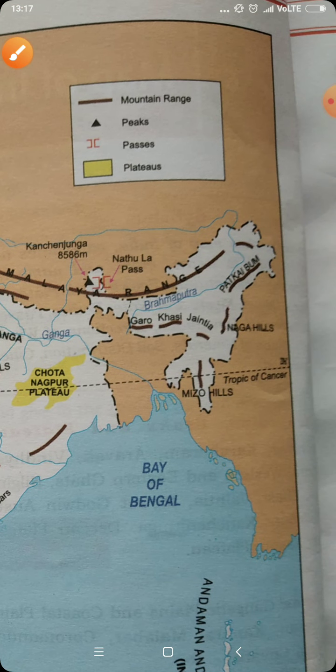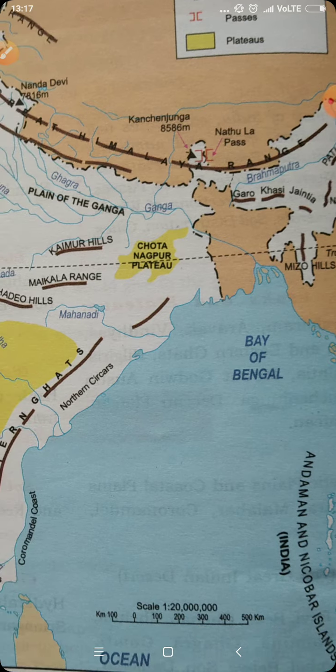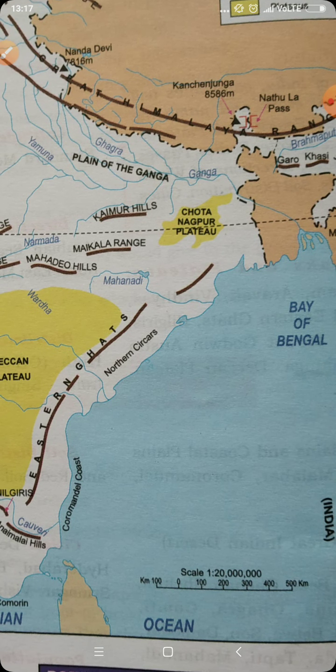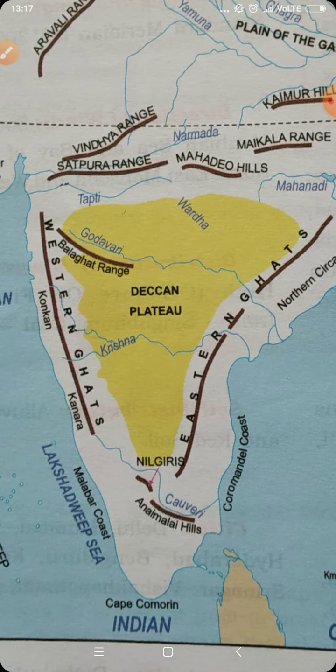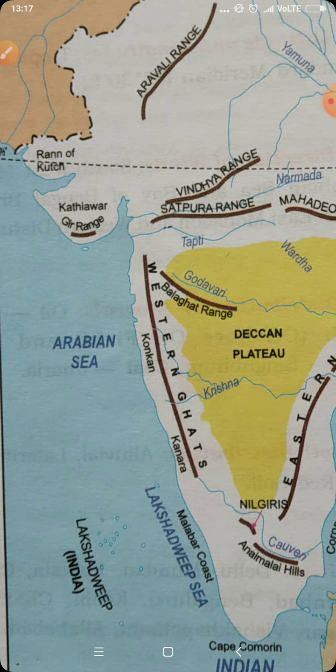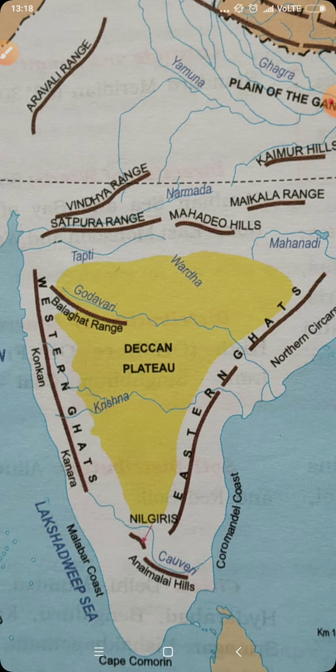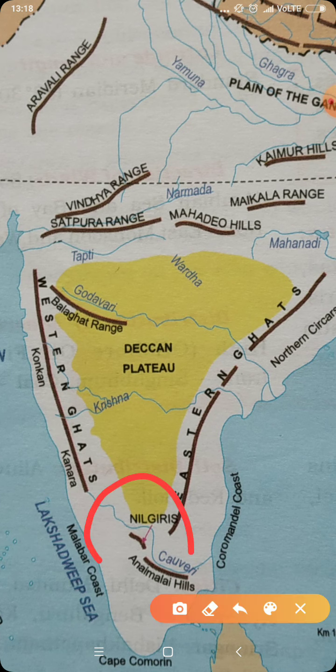And see how the Himalayas go up to there. All this we have to see carefully. Then see the Chota Nagpur Plateau, how we have to do it. Then we come to the Vindhya range and Satpura range. You have done this in your 8th class also. And then there are other hill ranges, which are shown by arrow, like the Nilgiri. Nilgiri is shown by arrow. Similarly, you can also show it in your map by arrow.